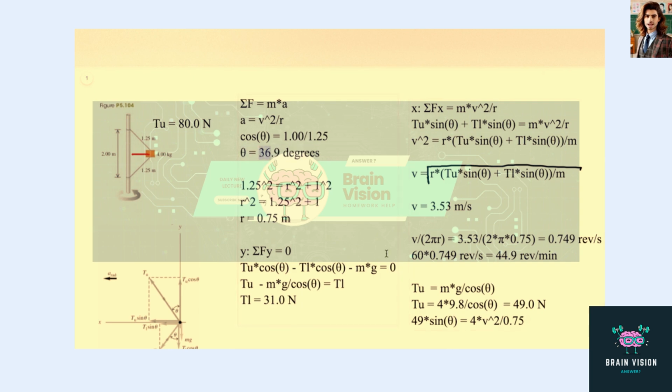So we can explicitly plug that in, and then again solve for v. So multiply both sides by 0.75. And when we do that, we get v is equal to